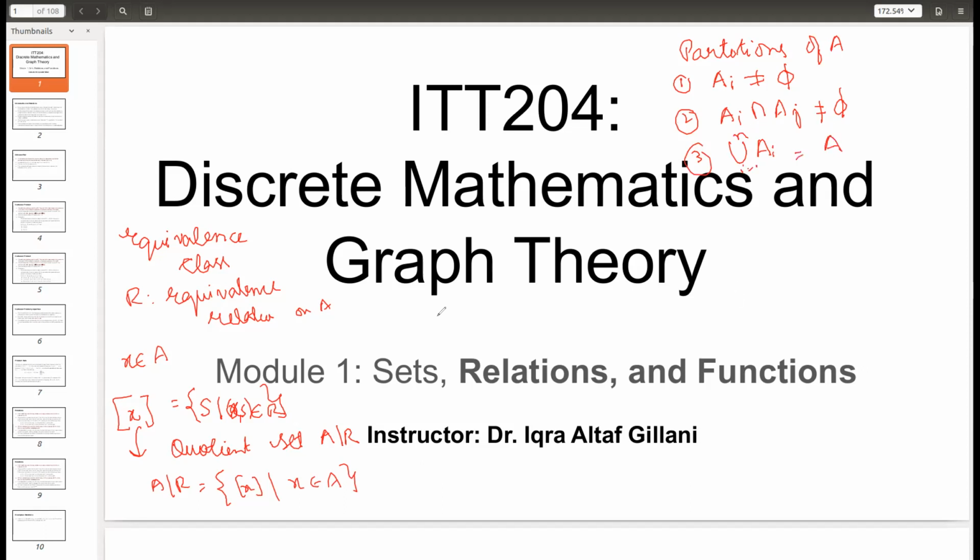And we saw that if we take the equivalence classes of a set, they also form a partition, because they are non-empty, since every equivalence class is going to have the element itself, and these two properties also naturally hold for equivalence classes. So we established this relation between equivalence classes and partitions. That is, the set of equivalence classes of a set forms a partition of that set.